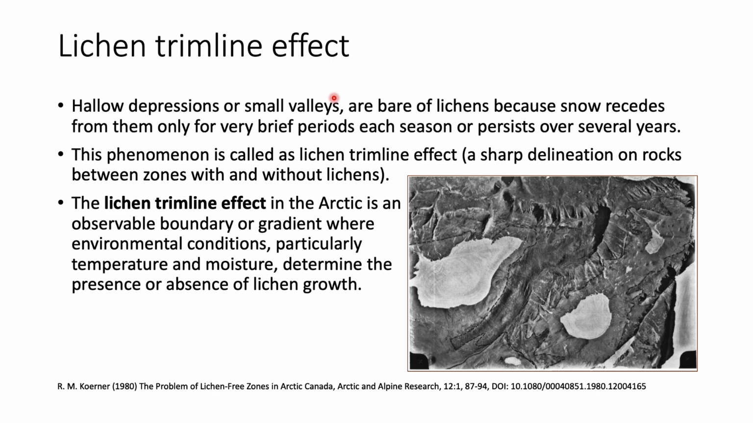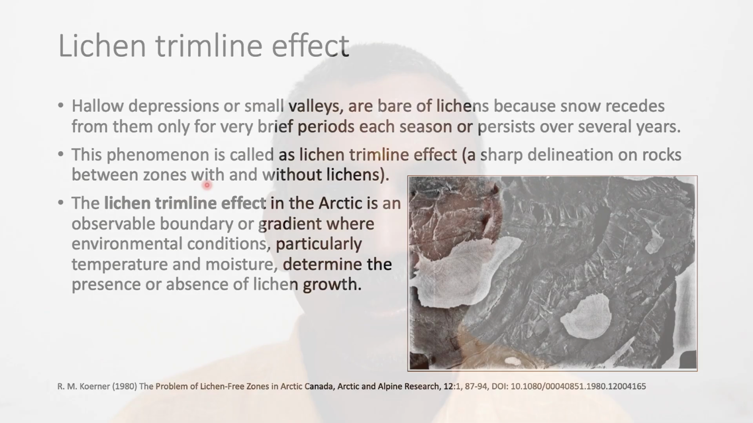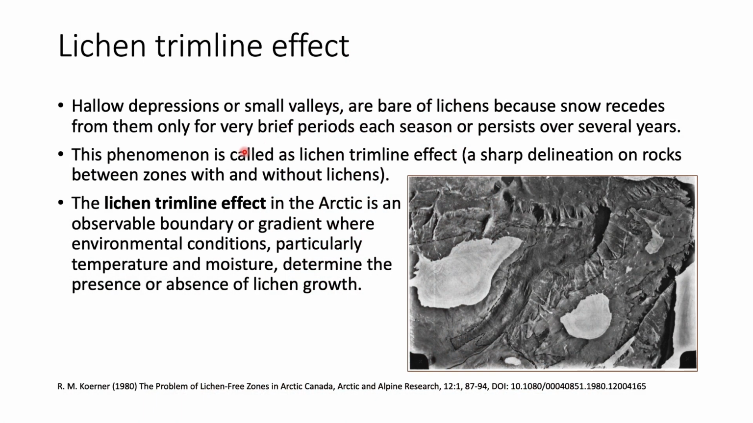Lichen trimline effect. So what is the lichen trimline effect? Basically, there are certain areas where lichens are present and areas where lichens are not present. So there is a boundary between these two. That is what is called the lichen trimline. There are hollow depressions or small valleys which do not have lichens. Why do they not have lichens? Because the snow recedes from these areas only for a very brief period each season, or the snow persists there